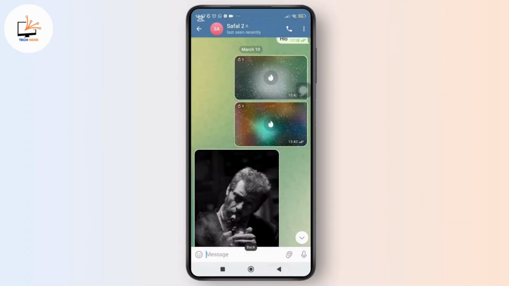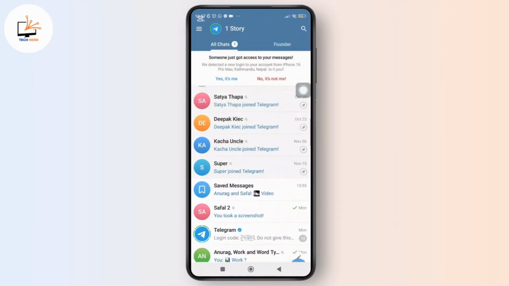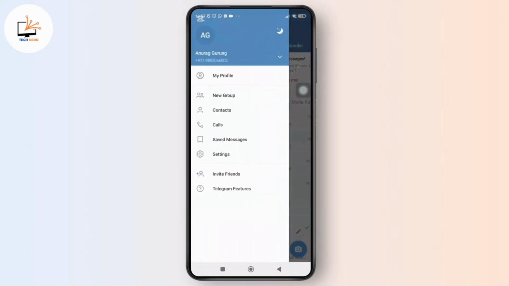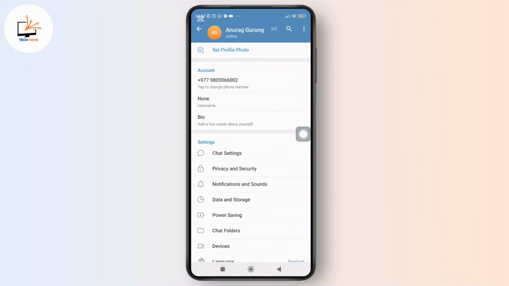And if you want to update your cloud storage, you simply need to go back to the settings tab by tapping on the three dash icon in the top left corner of the screen, and from the pop-up menu simply tap on settings. And once you are in the settings section, simply scroll down and tap on the option labeled